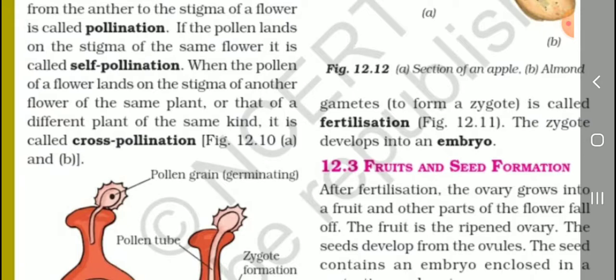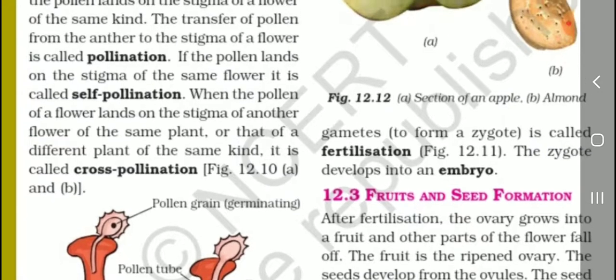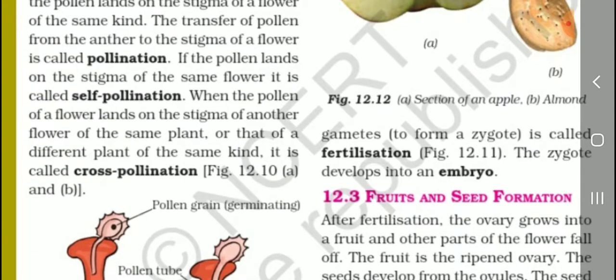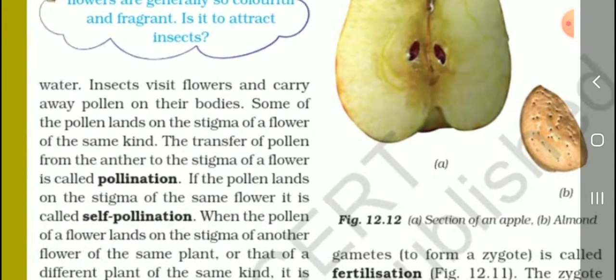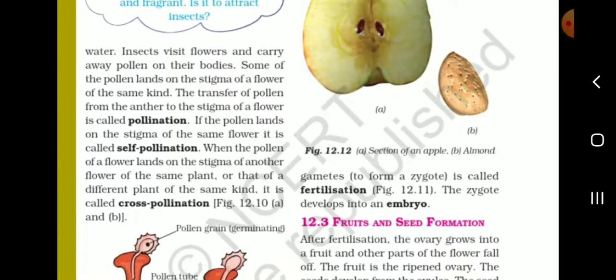Okay, what is the main difference? Self-pollination, cross-pollination. Define pollination, self-pollination, and then cross-pollination. Listen. Next,